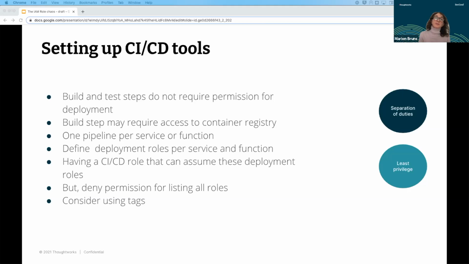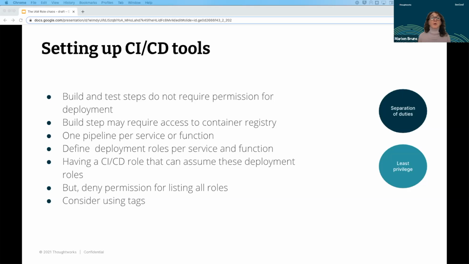Why can't it just have this policy directly? There's a trick you can do, for instance, deny permission for listing all roles. So if somebody ever has managed to hack this CI/CD role, they still do not know which role to assume in order to get further.